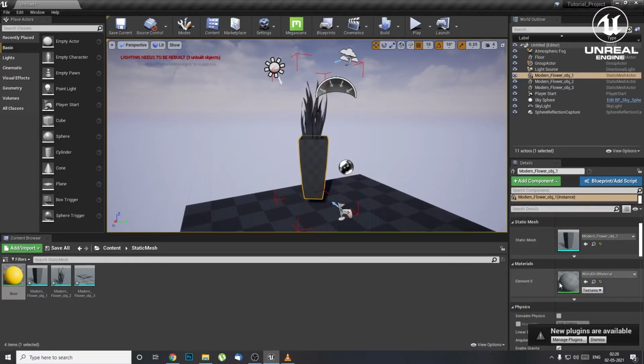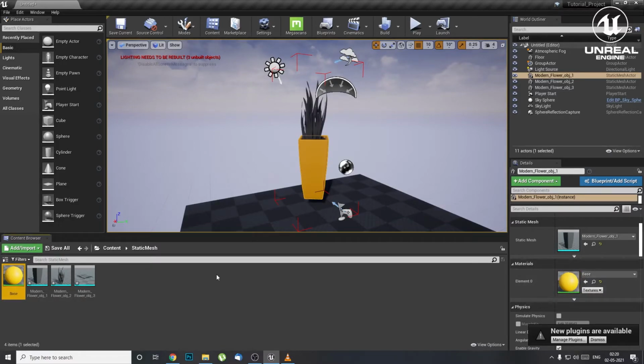You'd be seeing this Element 0 material. As the elements increase, for example, this object might have 2 different types of materials, like its top might have 2 different materials, and this element might increase to 0, 1, 2, 3, 4. It goes on, depending on how you create that object. So after selecting this object, just drag and drop the color inside this. This is one way